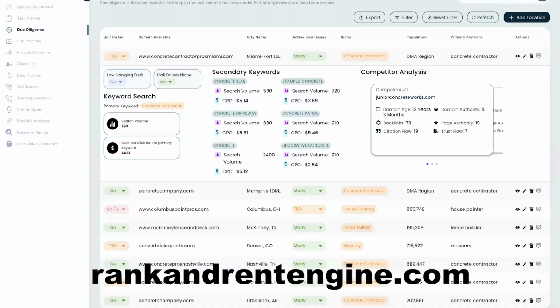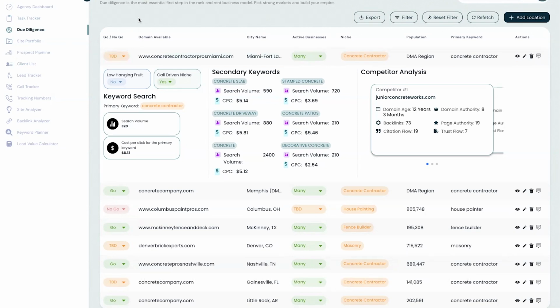So Ryan, why don't you share your screen really quick and tell them what you're using to show the data here to analyze the city and niche. Yeah, guys, this is Rank and Rent Engine. So this tool is the all-in-one tool for this industry. This is the gold standard for due diligence too. So I had the same problem as Nick. These were taking forever to do due diligence. We want to speed through this. So let's do some live and let's pick a city and niche and let's just do one.